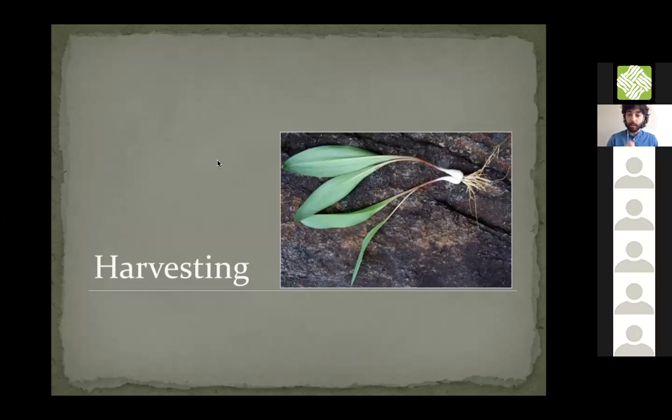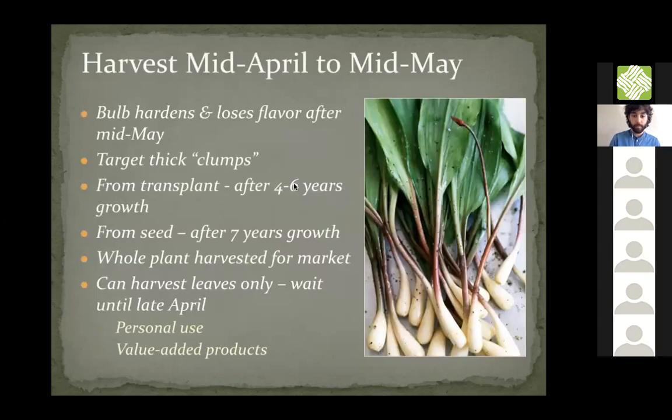All right, so we'll talk a little bit about harvesting ramps here. When you're thinking about harvesting, we mentioned they're spring ephemeral. And so ramps are maybe emerging in March, and they're basically gone, at least in Ohio. This obviously depends on where you are in their range, but they're gone by June in many cases. And so when you're thinking about timing your harvest,